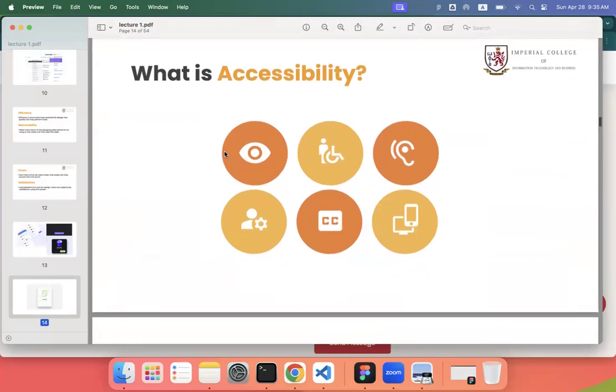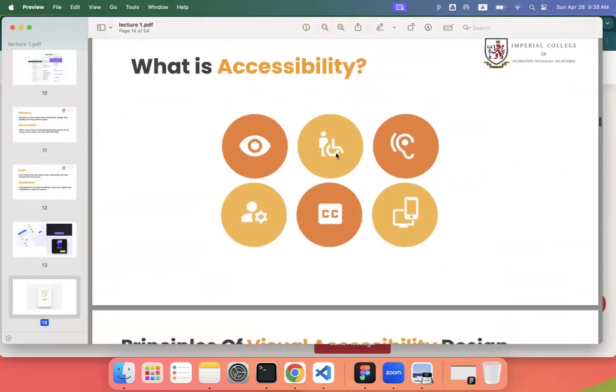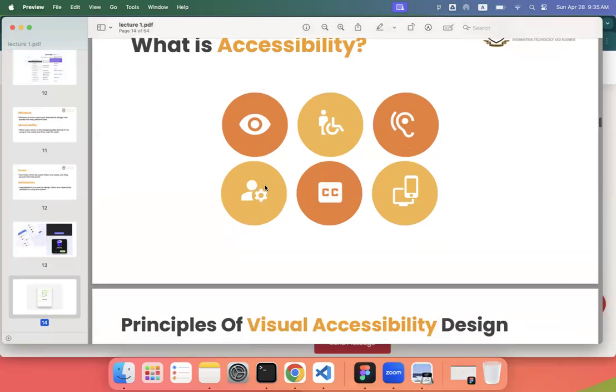Okay, what is accessibility? So in here, the icons, the first one is visual accessibility. Second one is people with motor impairment, how we can make those people. So those people can't use touch screens or maybe the mouse. And third one, have hearing impairment. So we have to consider hearing as well. And this one is we are giving preferences or properties for users to select from. Maybe it can be slow down the video playing speed, and maybe adding some hard subtitles, closed captions,